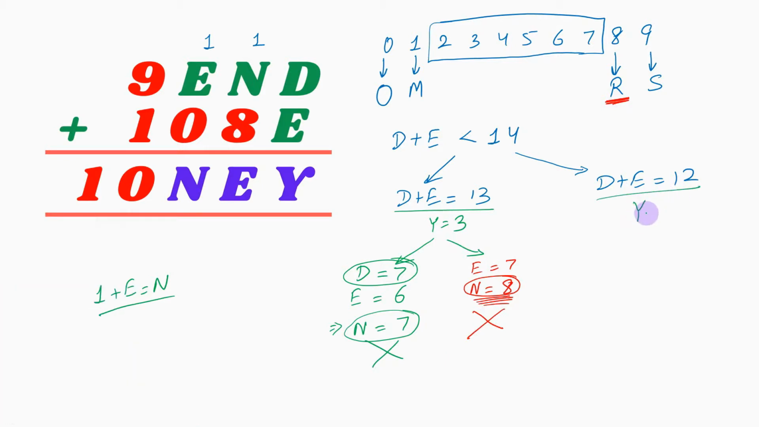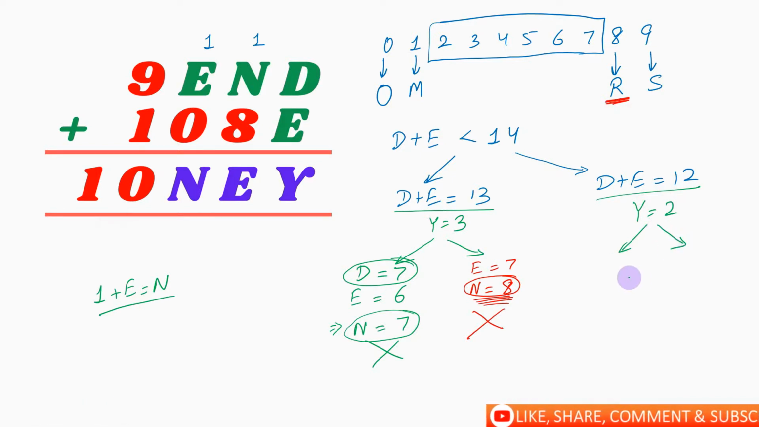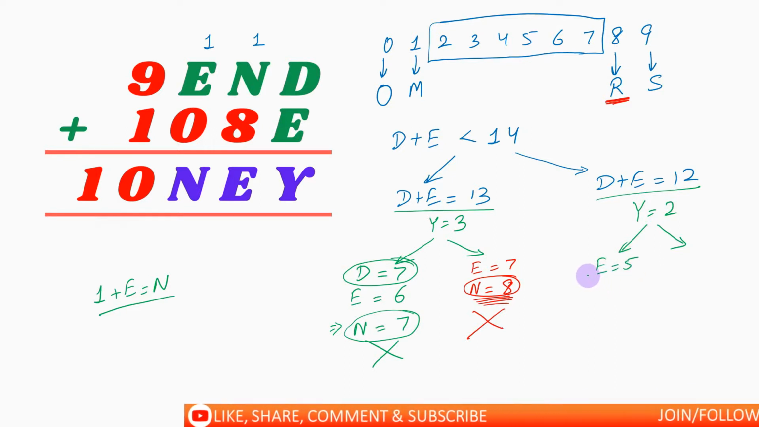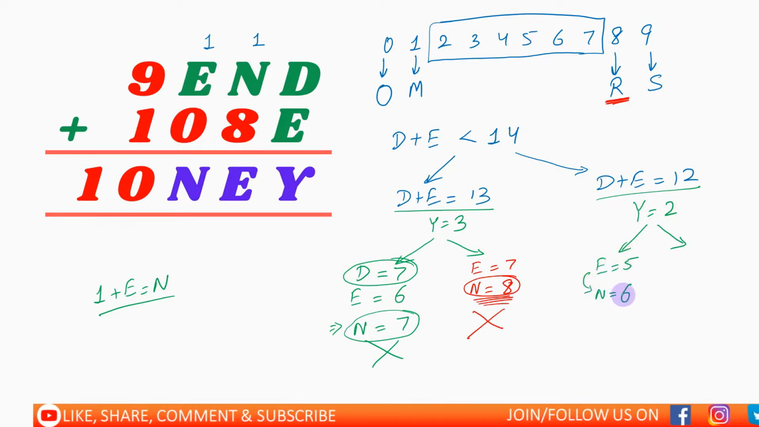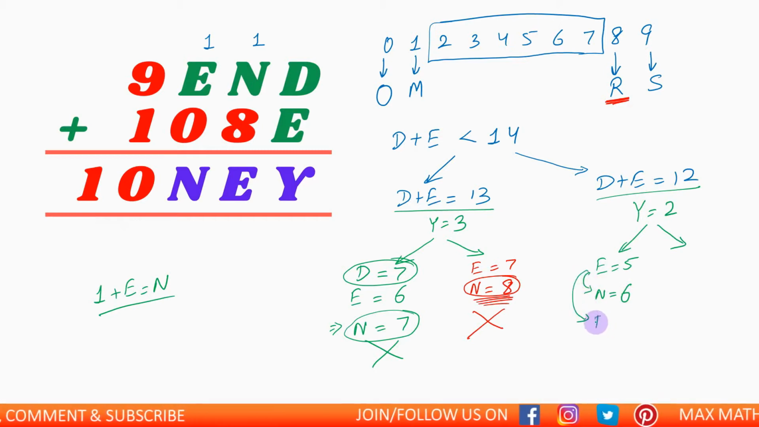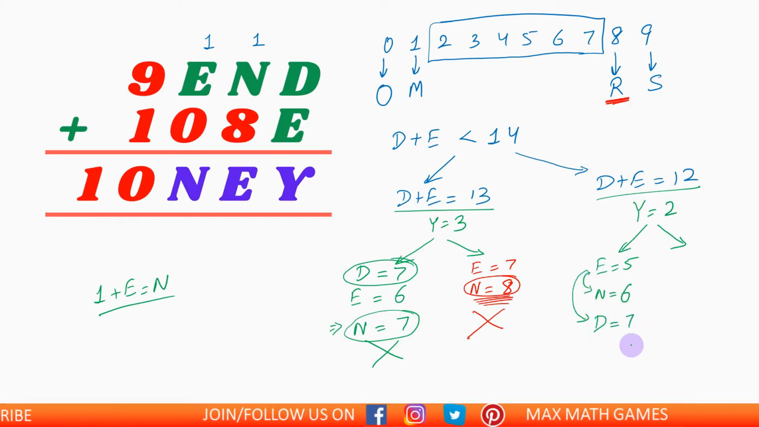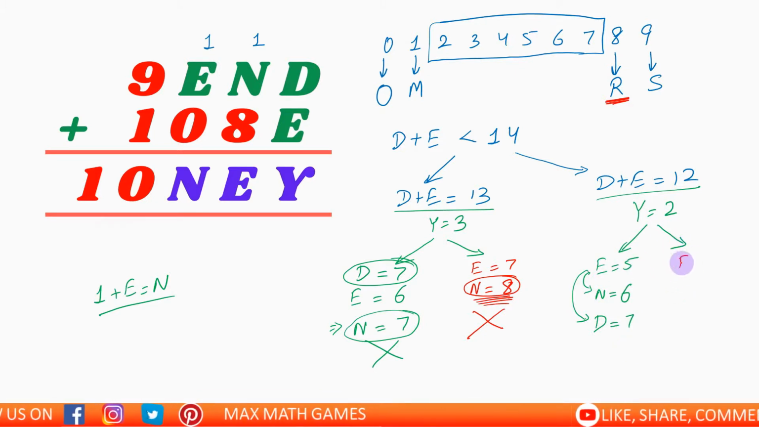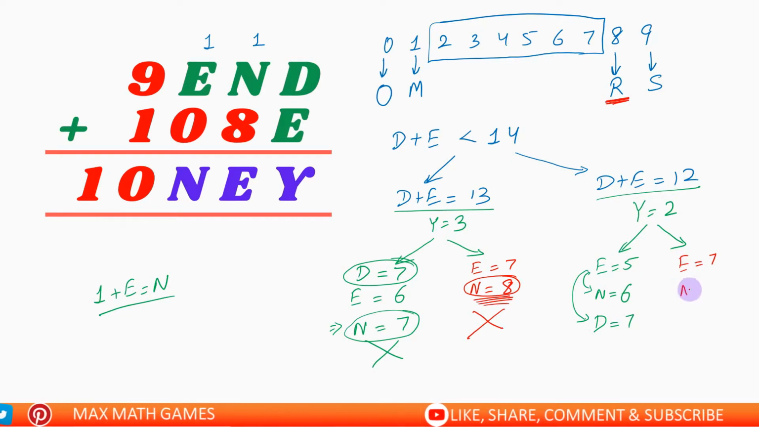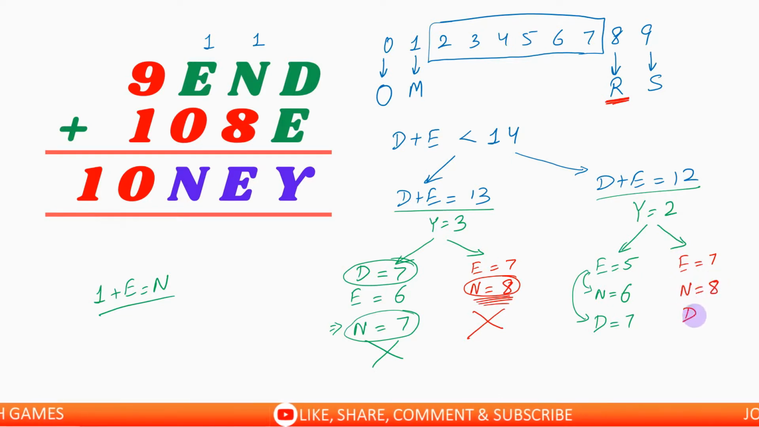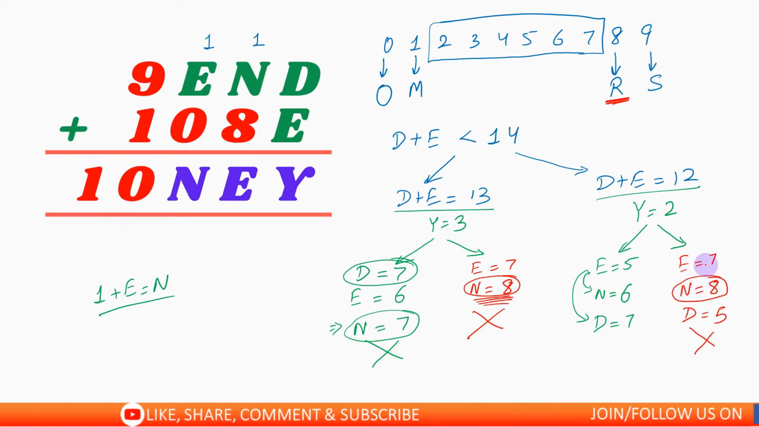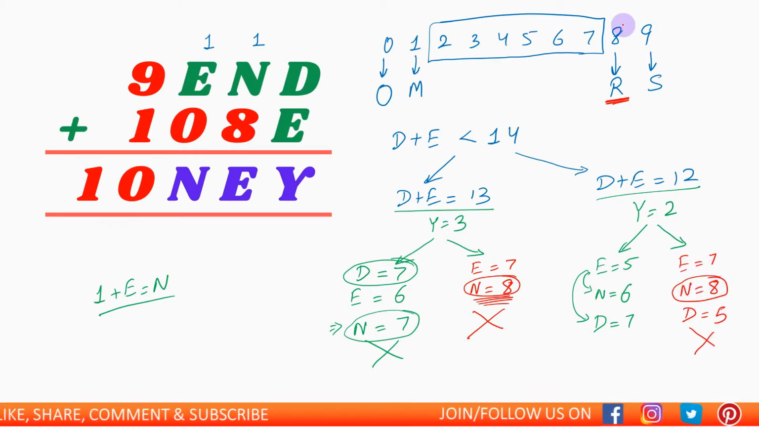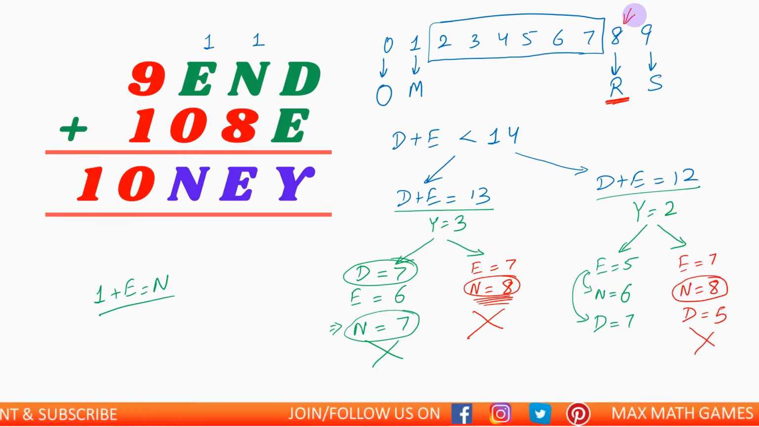Over here we get Y is equal to 2, and this can be observed in two particular cases. And the first one is we can have E is equal to 5. And if E is equal to 5, then obviously N is equal to 6 and D is equal to 7. Okay, there is no contradiction over here as of now. Now let us check out the other case. If E is equal to 7, then we get N is equal to 8 and D is equal to 5. But here again, N is equal to 8 is not possible because 8 has already been assigned to the alphabet R,